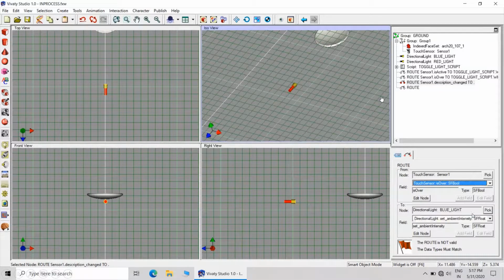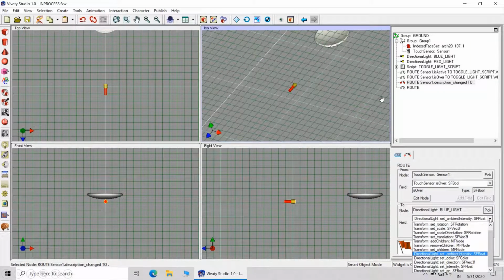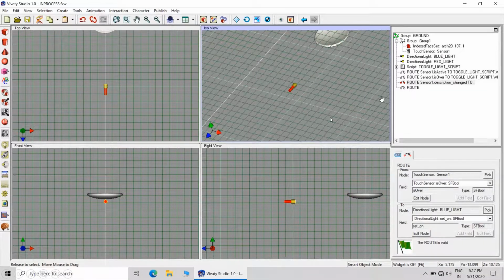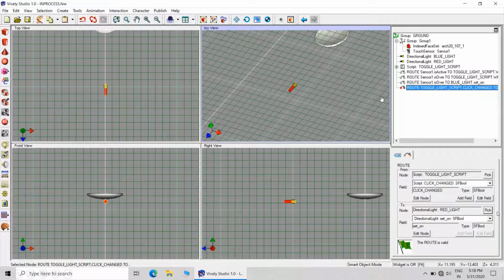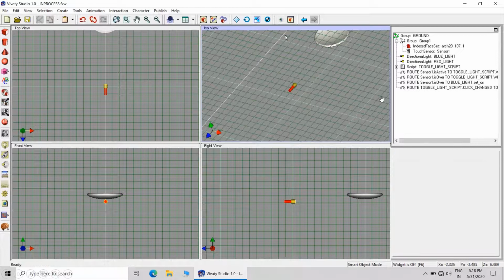Third route will be from touch sensor to blue light. Fourth will be from touch sensor to red light. Sorry, script to red light. So all the four routes are perfect now.